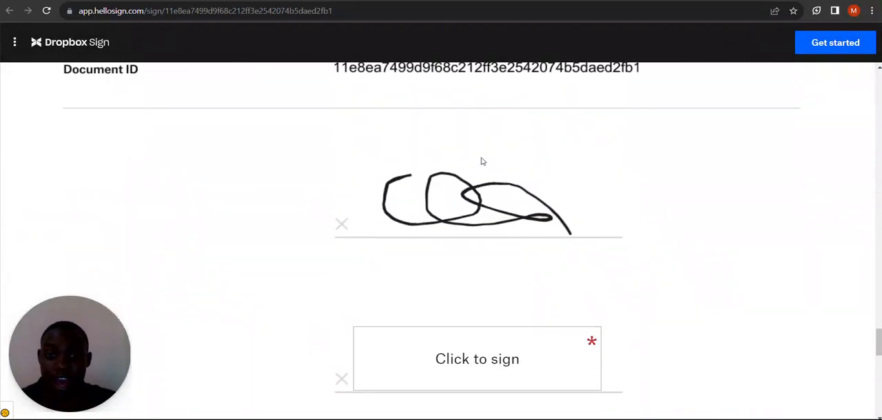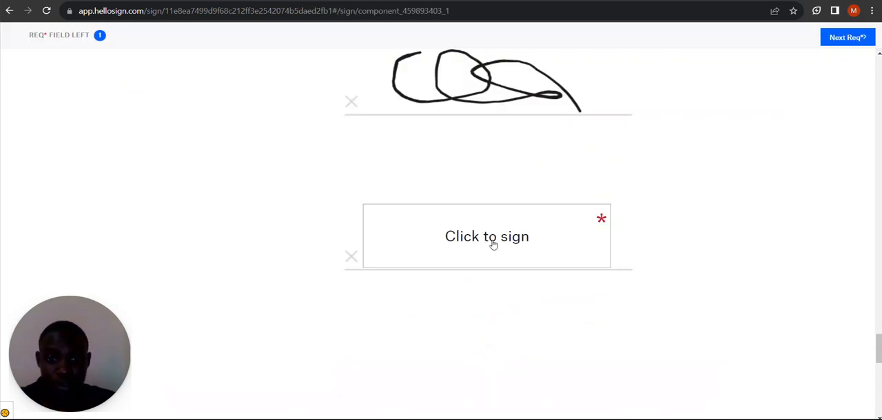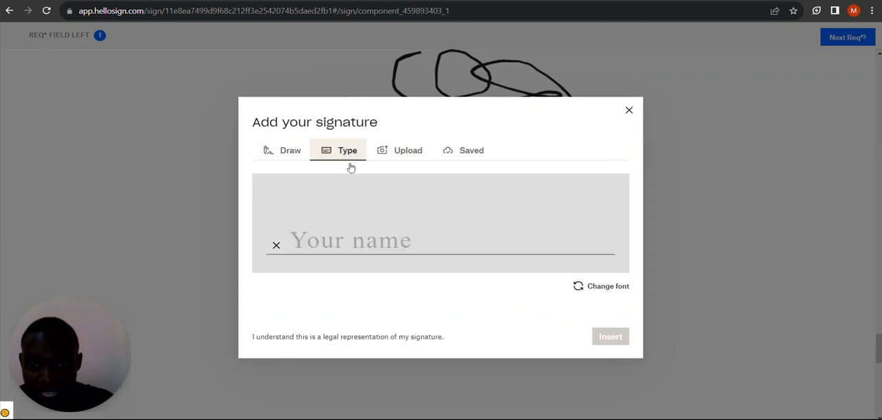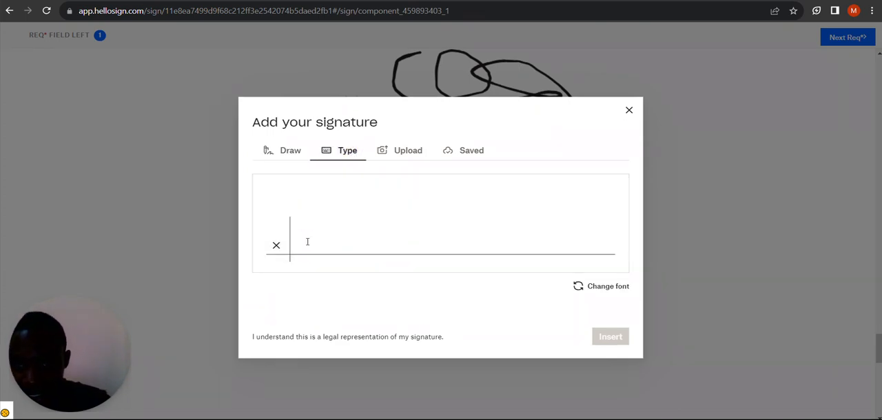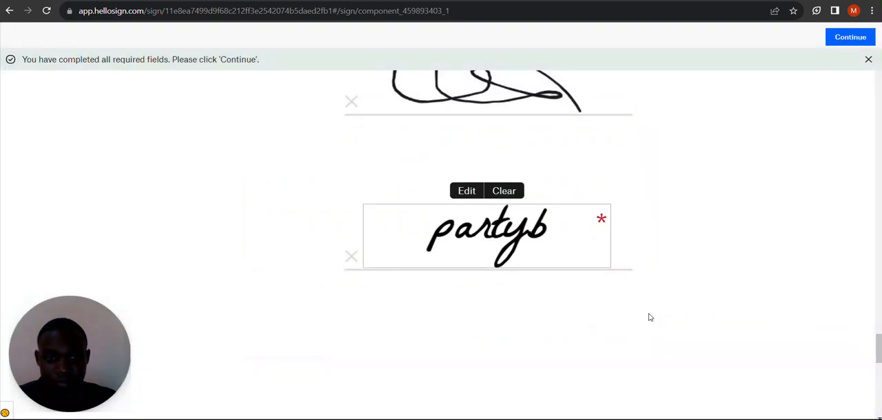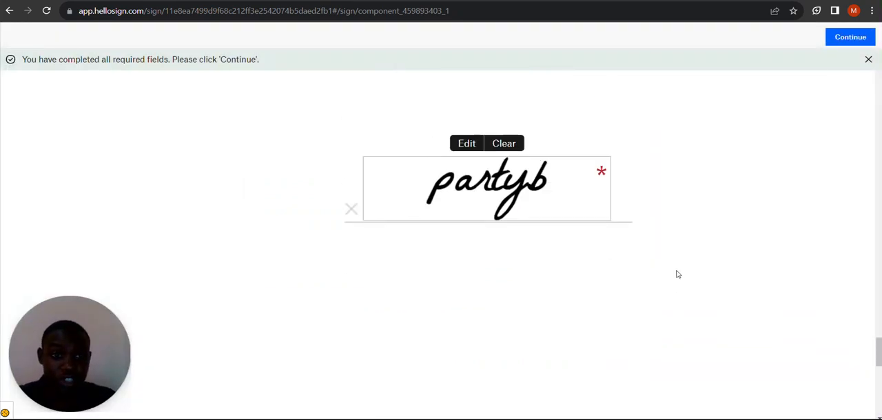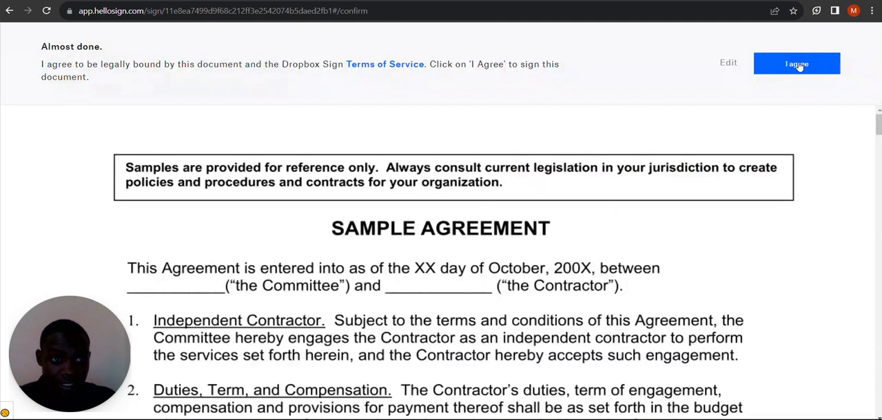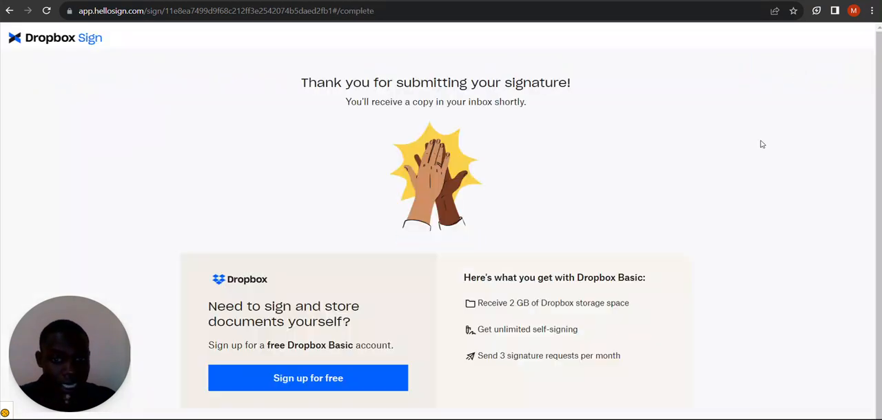As you can see, this is the signature I used in the side, and so this time they are also asking me to sign, and so this time I'll just type my name as Party B. Party B, yeah. So this could literally be your name, it could be anything of the sort. And once you're done, you just press I agree, and now